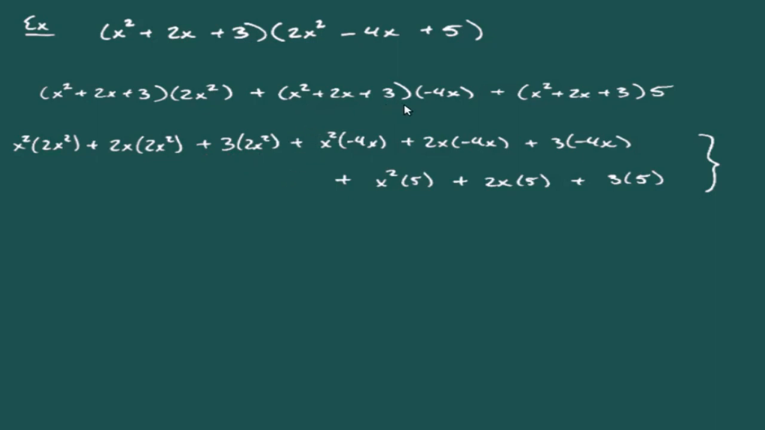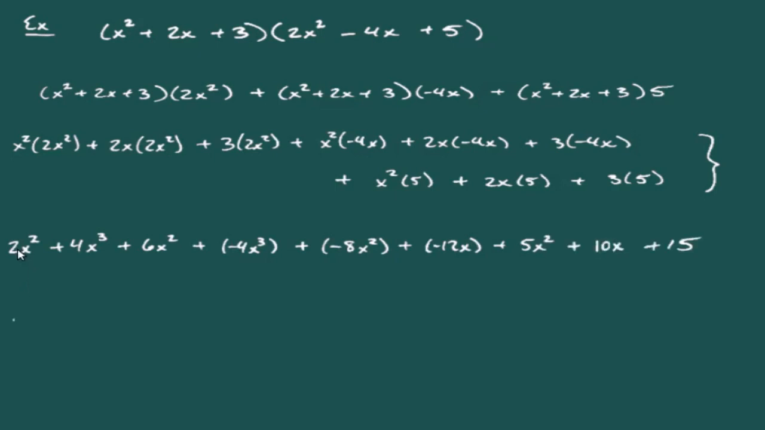In the second set, we've got our negative 4x times all 3 terms. So we've got an x squared times a negative 4x plus 2x times a negative 4x plus 3 times a negative 4x. And then for the last set, we've got the 5 being distributed to all 3 terms. So we've got an x squared times 5 plus a 2x times 5 plus a 3 times 5. Okay. Multiplying coefficients and adding exponents, we have